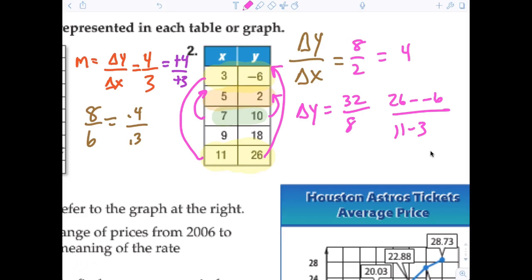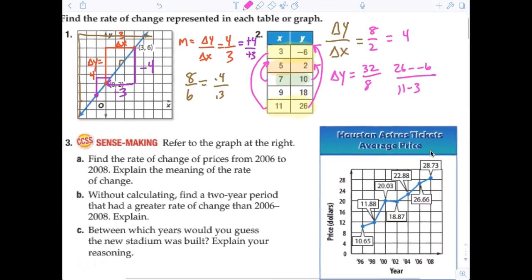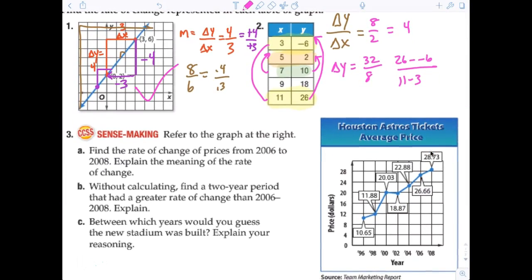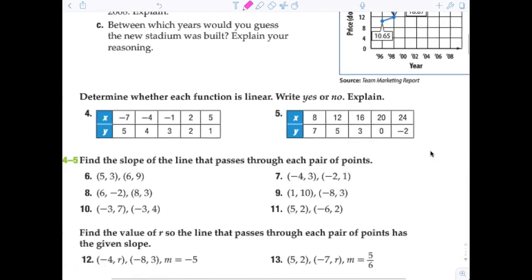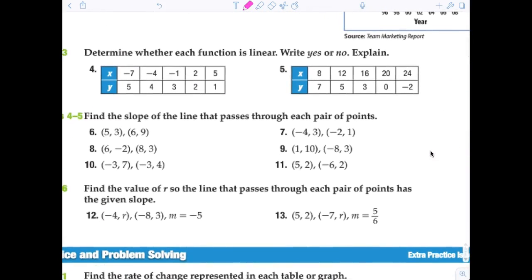Agreed? Very simple. All right, so now we've calculated the slope from a graph. We calculated a slope from a table. And now we're going to calculate a slope from a point. So I'm going to jump down to number 7 real quick. And those are all the 3 different ways. If you want to give yourself some room, give yourself room to go back into the odds. But I'm going to jump down to show you. So I did a graph, I did a table, and now I'm going to do a point.